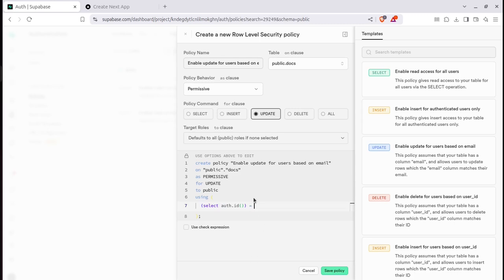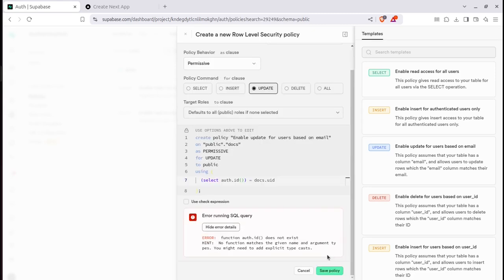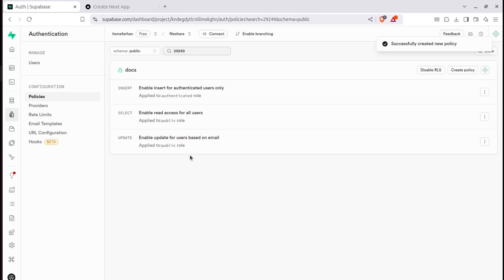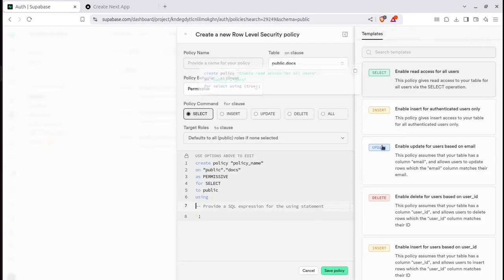Now if you remember, we have UID field in our docs table, so that's what we will check, docs.uid. So here we are checking the currently logged in user is the one who owns this specific record with the docs.uid. And there is another, actually it will be auth.uid. Yes, it's saved. And one more policy for delete,